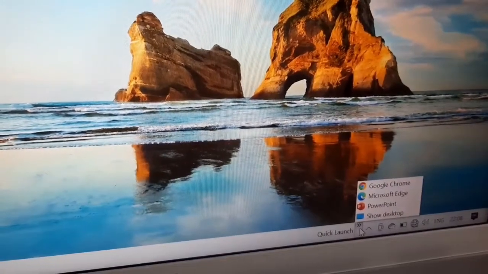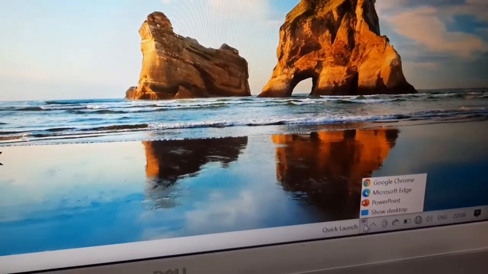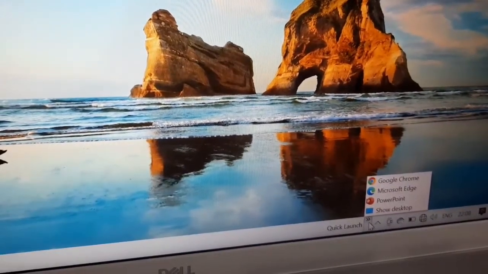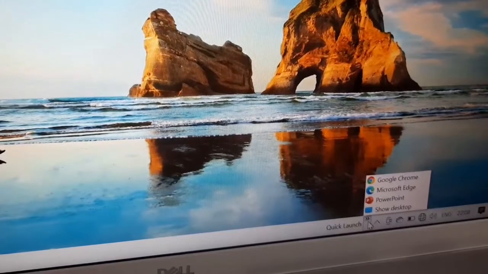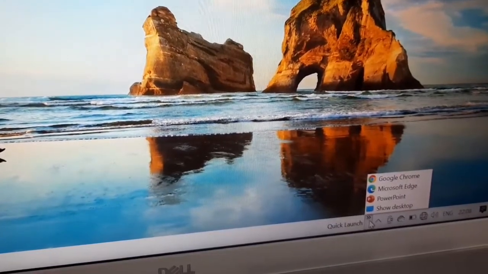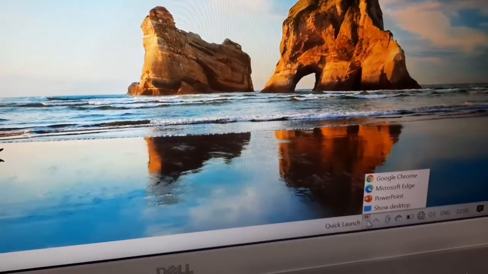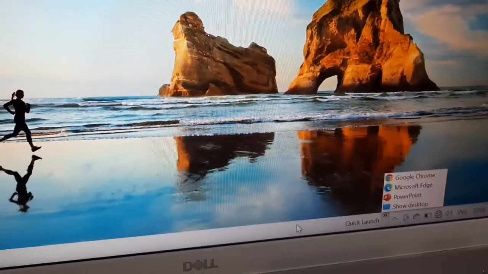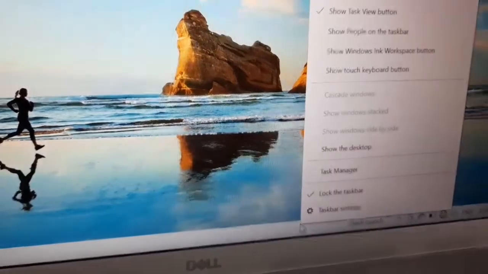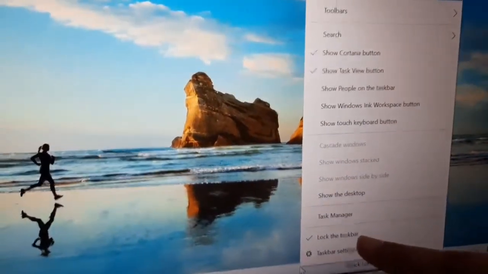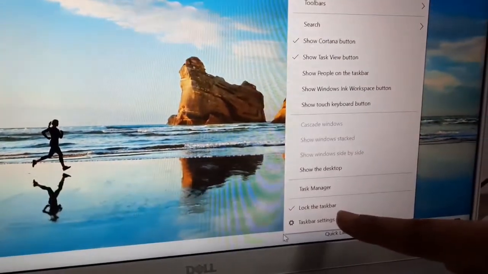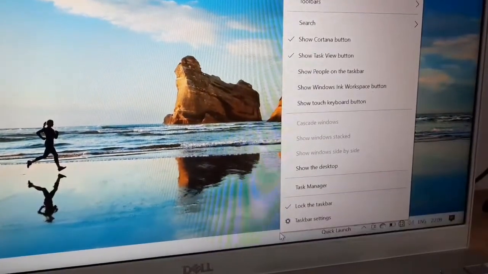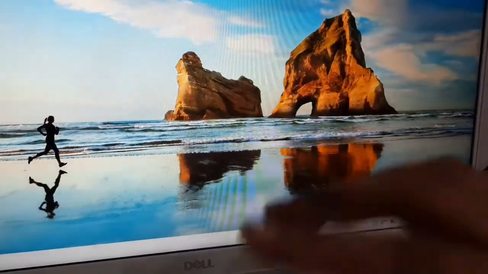Second one is how you can expand your quick launch. Children, if you need to expand or if you need to do any kind of task on taskbar, the first step is to unlock your taskbar. How you can unlock your taskbar? Simply right click on the taskbar on the empty space and you can see the second option, which is lock the taskbar. Now click on this tick mark to unlock the taskbar.